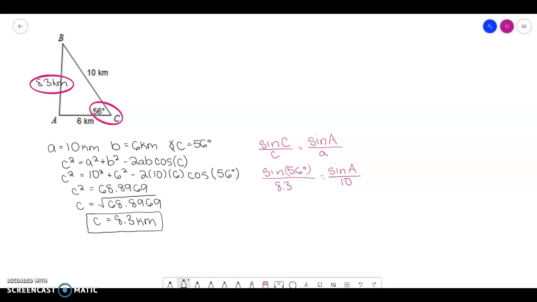To solve for sine of A, I'm going to multiply both sides by 10. And then to get A all by itself, to get rid of that sine, don't forget we need to inverse sine this whole thing. You can go to your calculator and let's solve for A. All right, go to inverse sine, type in our whole equation, and we should end up with